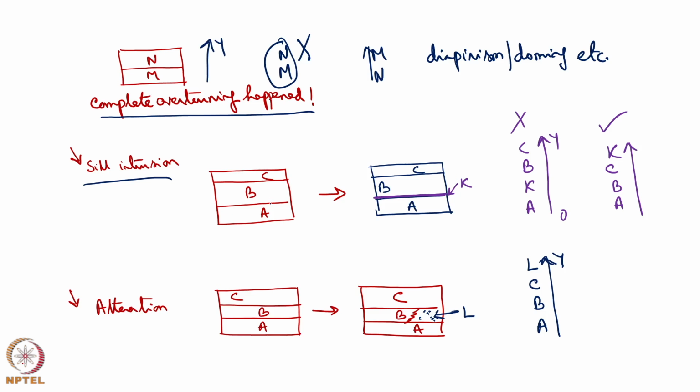Consider there are sedimentary rocks A, B and C, and this is the basement. Suppose we establish no overturning has happened. A, B, C are the sedimentary rocks, here is the basement. If the layers are not overturned, then A is the oldest, B got deposited younger than A, and C is the latest depositional product. Now imagine an igneous material K is intruded at the A B interface.